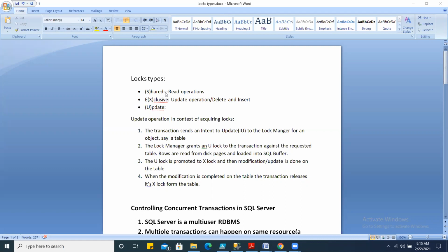Your resource could be a single row, a range of rows, a data page or multiple pages, or an extent, or a table, or a schema, or a database itself, right? So all select operations or select transactions need to acquire a shared lock on the resource before they read the data from there. This is necessary to make your transaction and data consistent.